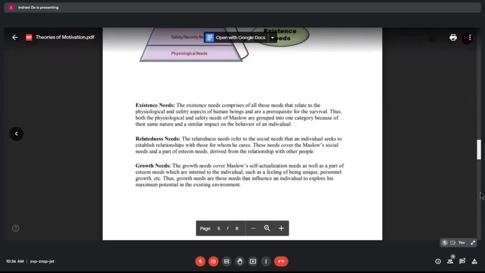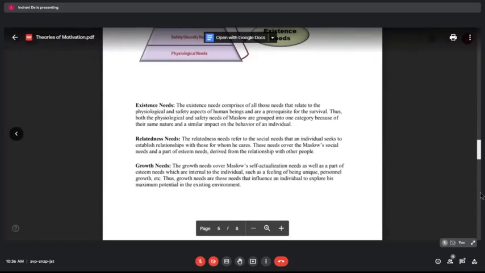According to this particular theory, if a high level need remains unfulfilled, the person may regress to lower level needs that appear easier to satisfy. So, like in the previous case, in case of Maslow's, we have seen that when the physiological need is not being fulfilled, we are not going for the safety need. When the physiological need gets fulfilled, it will not work as a motivator. So the next level need will work as a motivator.